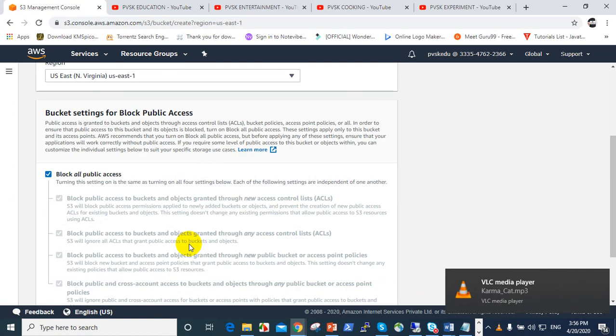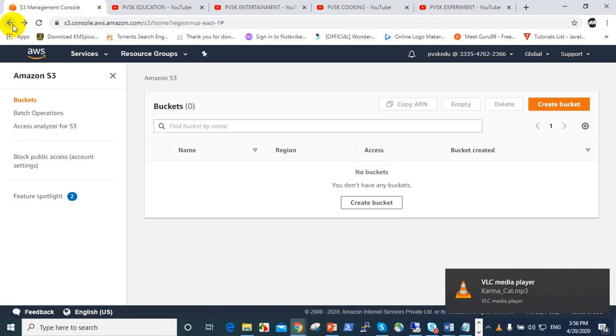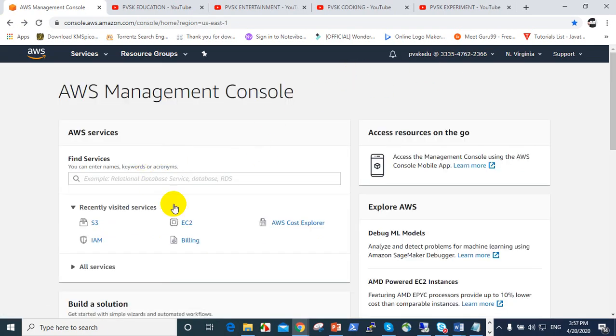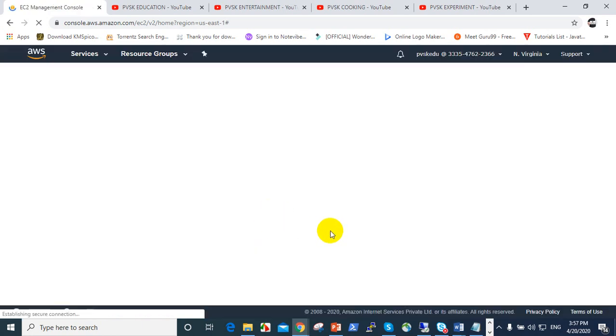For example, go to the EC2 service. These services are displayed but not allowed. Click on this. See here, this user doesn't have the permissions.